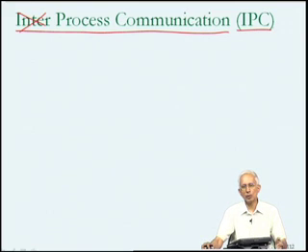We're going to look at various possible ways that processes could communicate with each other. And for the most part, the ways that we're going to look at are supported directly on the operating systems that we've been talking about. Now, the situation that we're in is, I have two processes, say process P1 and process P2. I know that they have their separate virtual address spaces. Therefore, it's not like one of them can write a variable which the other can read. So they cannot readily communicate in that way. So we have to think a little bit about how they could communicate in the absence of that kind of a facility.